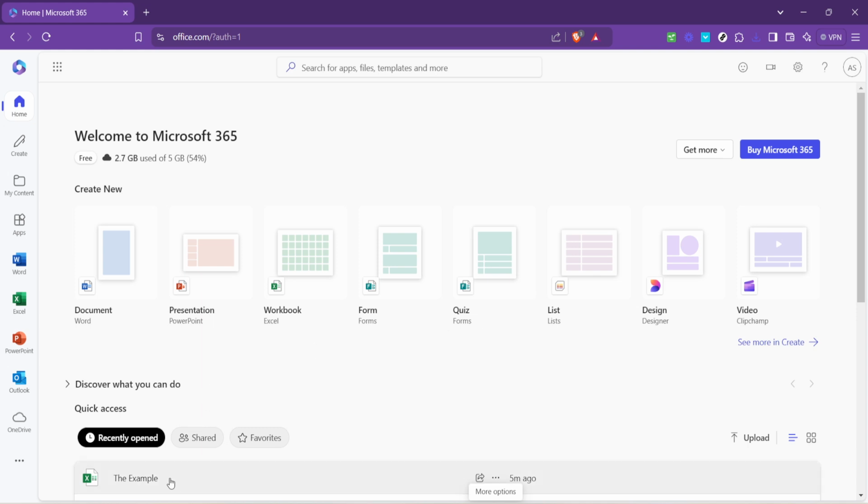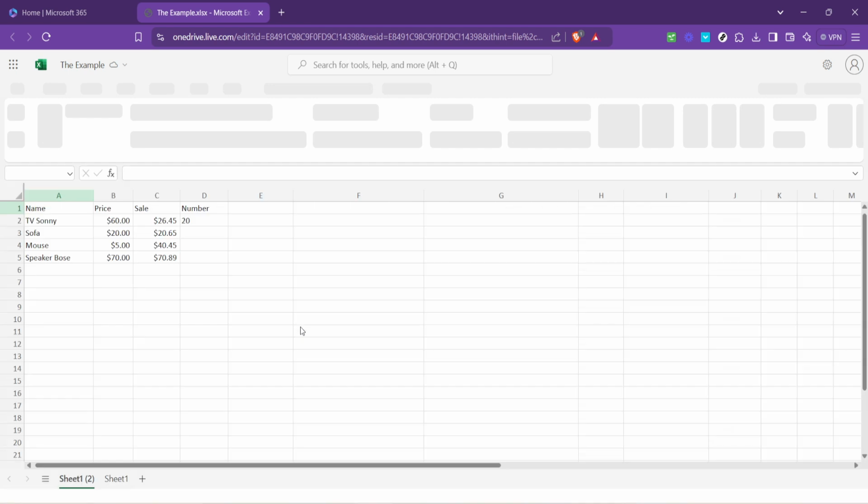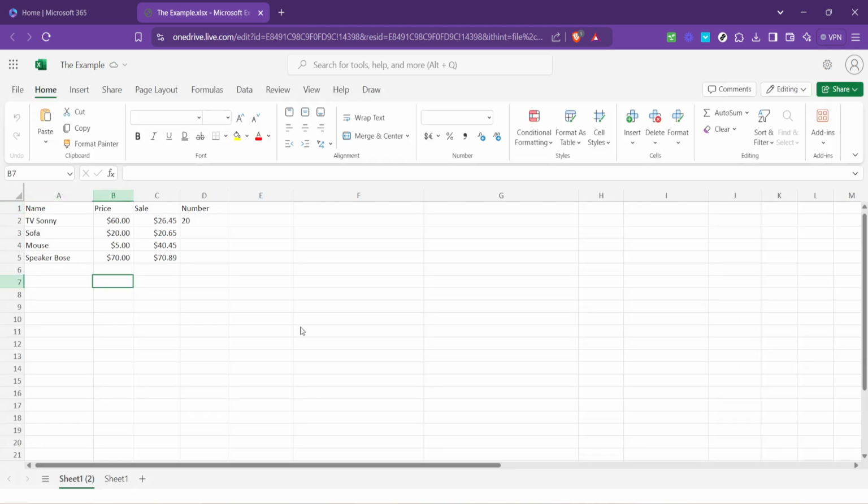For the purpose of this tutorial, we'll be using an example Excel file. This could be any Excel document you're working on that needs to be refreshed. In most cases, you would already have this file opened, but if not, now is the time to locate it on your OneDrive or local device and open it in Excel Online. Now, here comes the crucial part that you're here for: